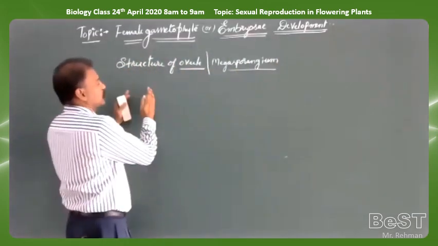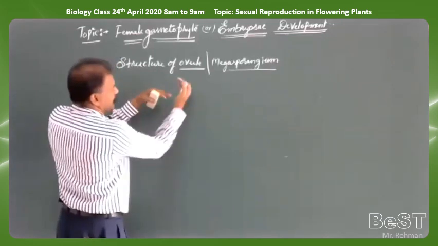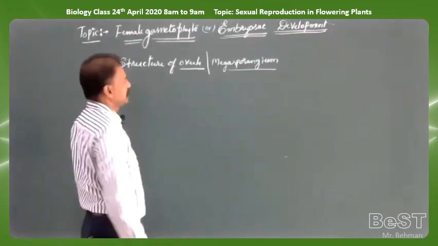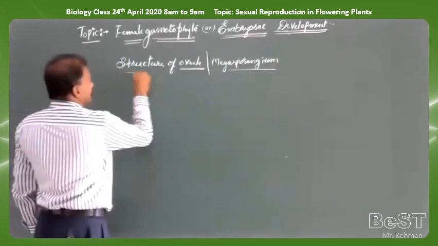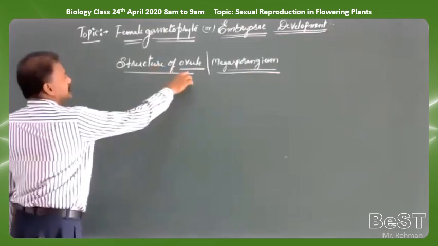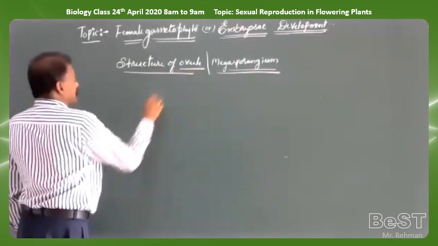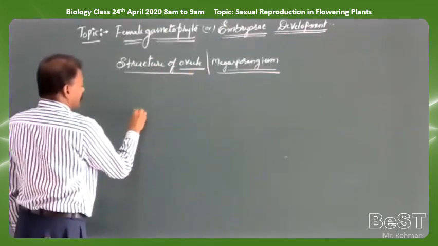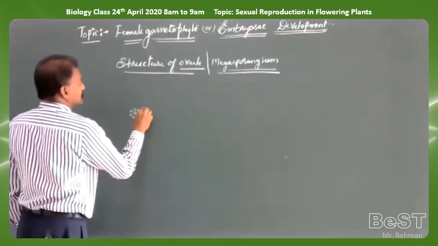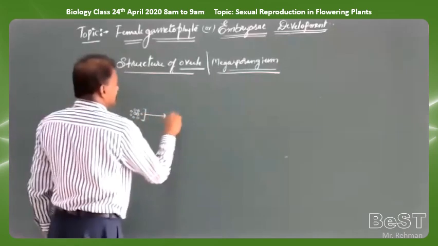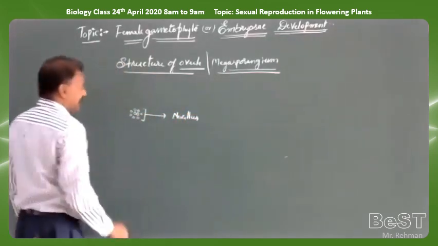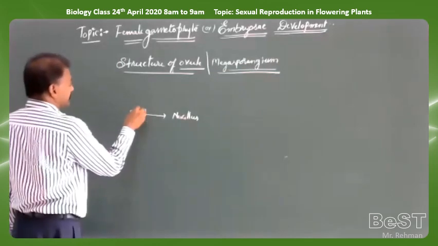We have seen orthotropous ovule, anatropous ovule, and the inverted form of anatropous ovule. In this ovule, the central tissue is called the sporogenous cell, which is named as nucellus, and this nucellus is covered